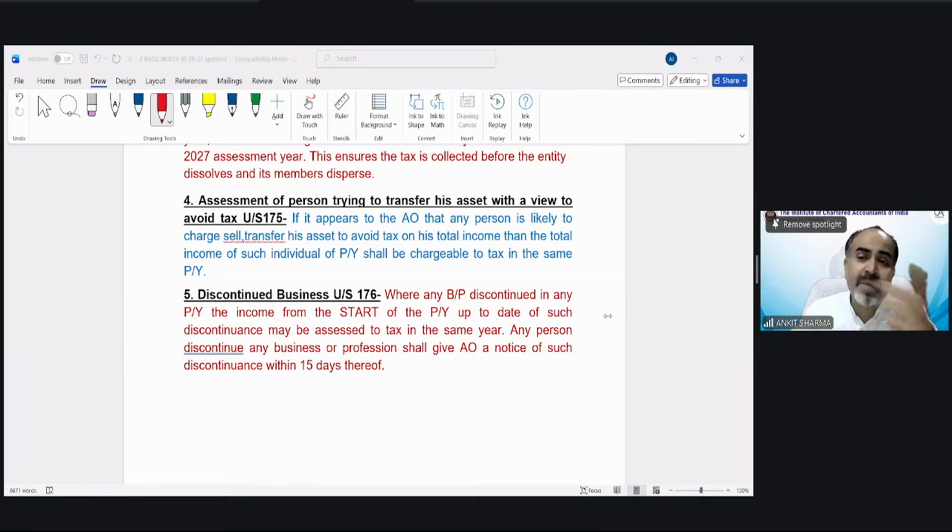Like you could not be a deemed assessee. You are students. So if you want to be a deemed assessee of a non-resident shipping business, that okay, I will pay tax if he's not paying, you cannot, because you do not have that much net worth that if you are not paying, government can collect from your property. So to become a deemed assessee, you should have certain kind of net worth.